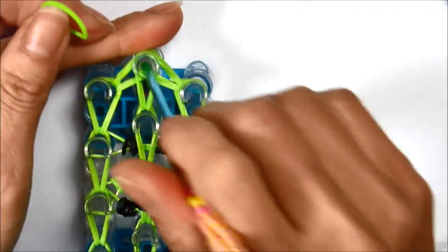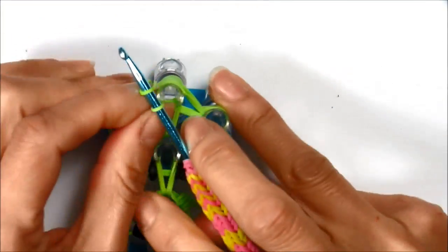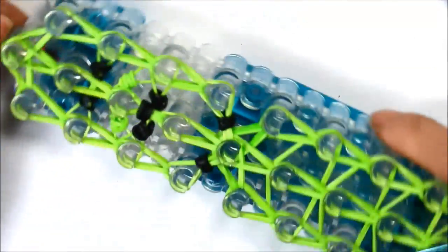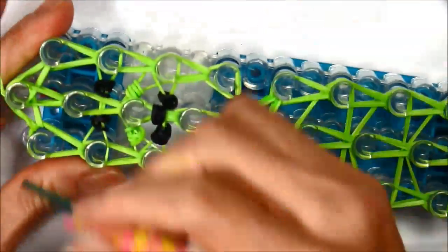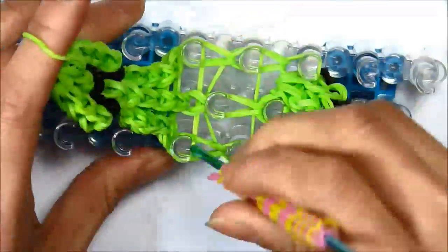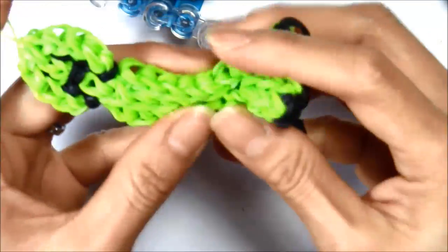Take our slipknot rubber band, put it through the top peg, and tie it off. And let's take our creeper off the loom. Here's our creeper,